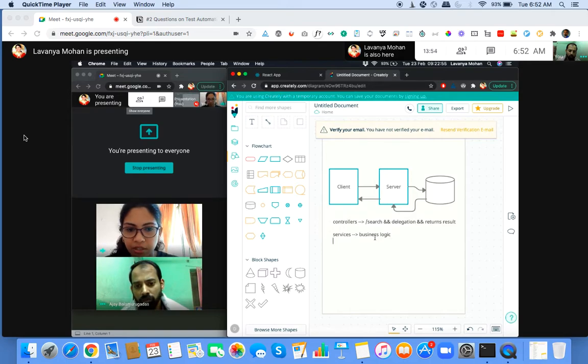Okay, then what else? We said there was repository. What is repository? This is the layer where the classes actually talk to the database. So this is where we have queries like get me all the books with this particular title, for example. All of that happens in this layer.